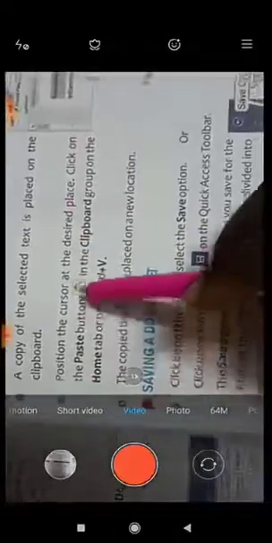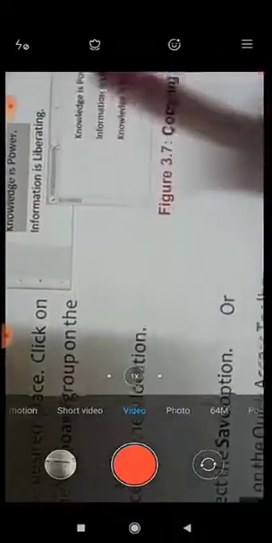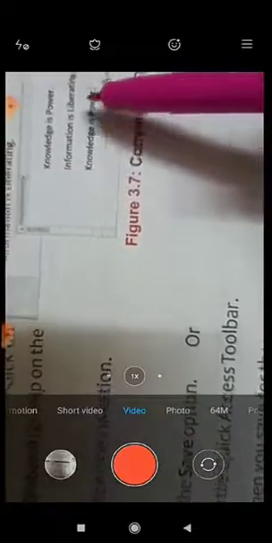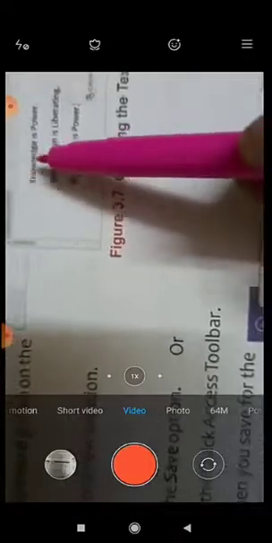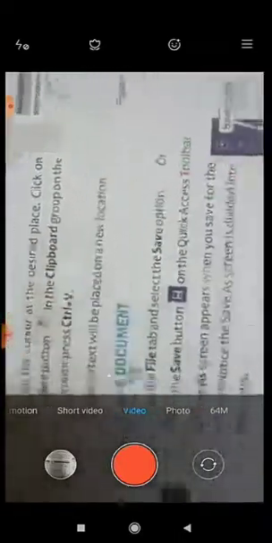So it will copy it in its memory, the clipboard, and then you position where you want this to be pasted. See, now here you have only one, it has taken it and it has come down. But when you copy it, there are two sentences like this. See, knowledge is power. Here also knowledge is power. It has kept the copy there. Original is there and the copy is created. The two same sentences are there. That's the use of copy and cut paste. Cut paste removes it. Copy paste creates a copy.